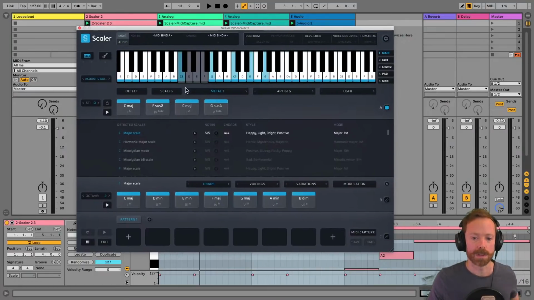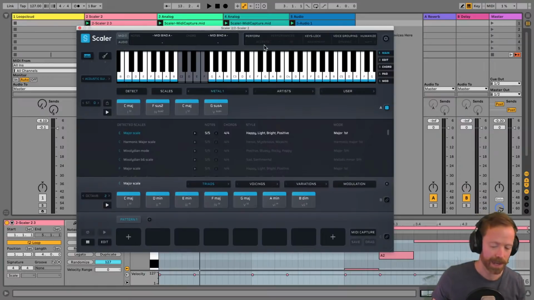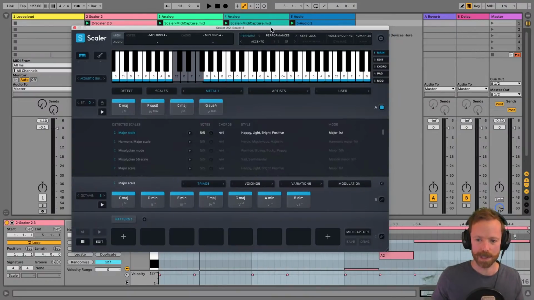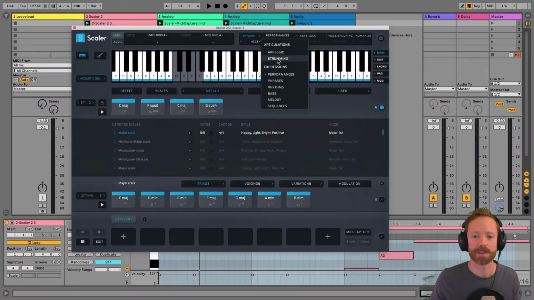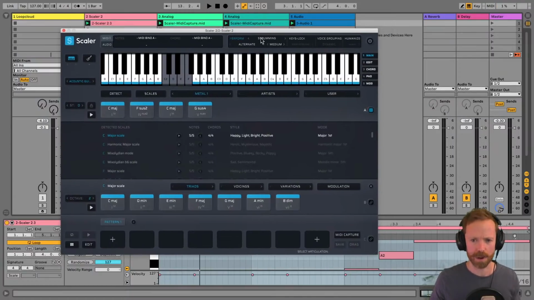So not only are there some great new metal presets here, but if we go up to the top, click on Perform once again, I can show you some of the new MIDI mapping or control mapping options that you've got here, which are incredible. Just to go into a simple example first, if you go with something like strumming, and I'm just going to set it to down. You can hear now it's strumming in the right direction. And one of the things you can set here is the speed. So I can set it to really slow. So you can change the speed up there.